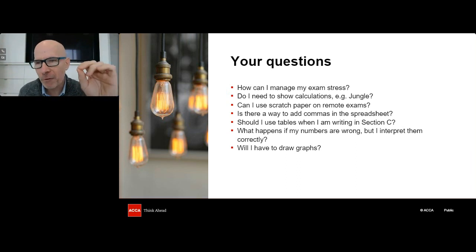somebody else's graph. And I think someday you're going to get a question that says, the junior accountant made the graph, find the mistakes. So it's a good idea to draw all of the graphs at least once. But after that, focus on interpretation. Okay, what does the graph tell us?